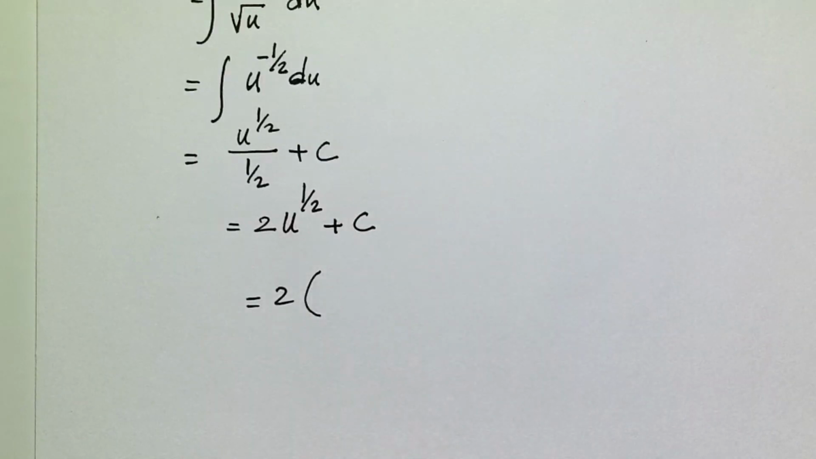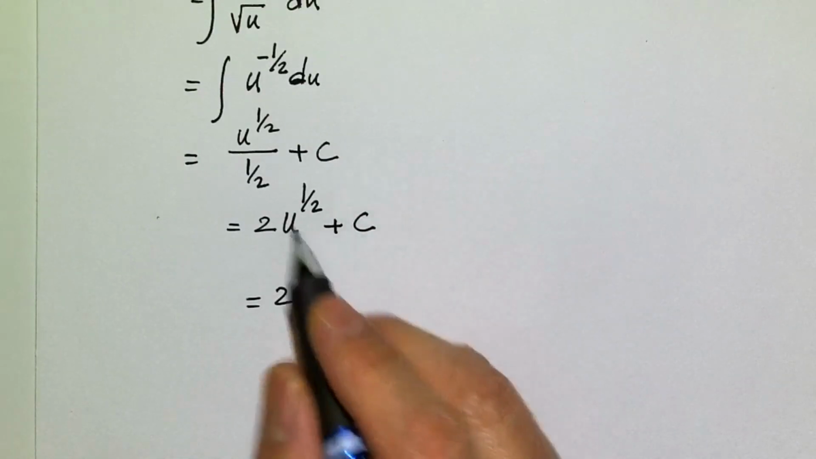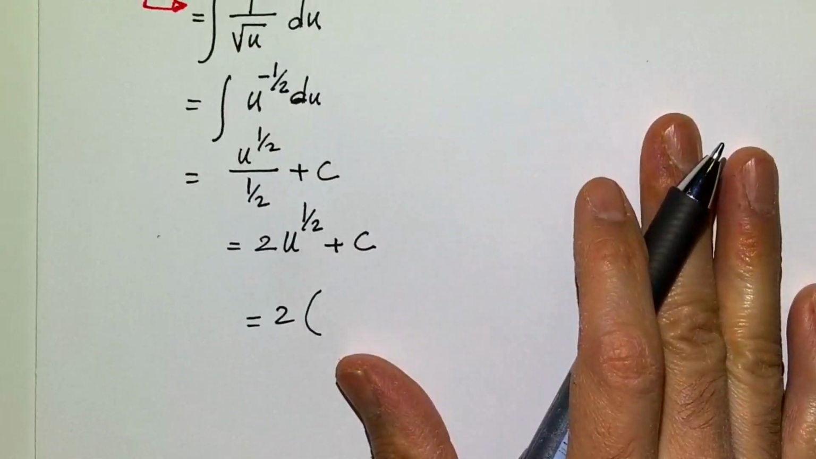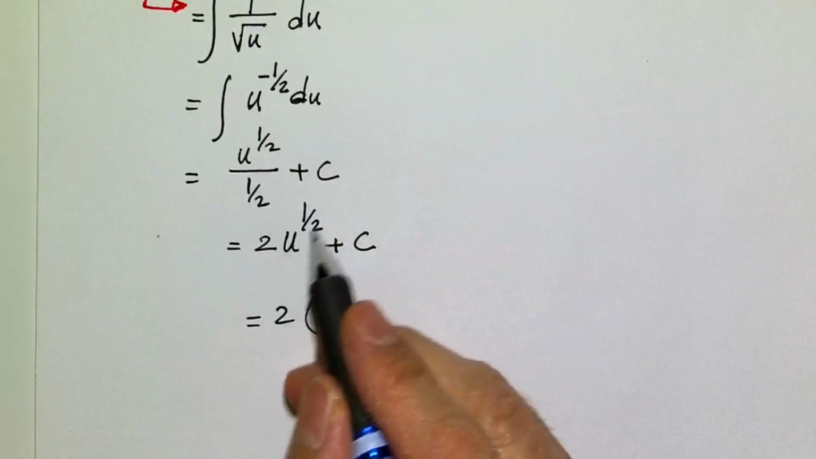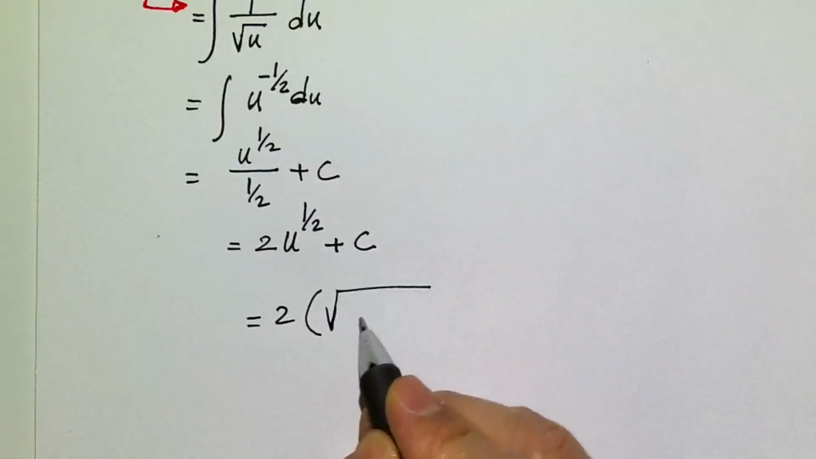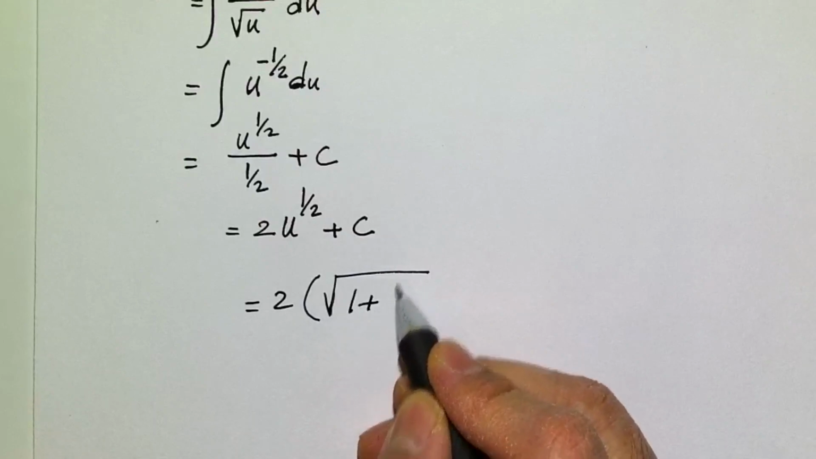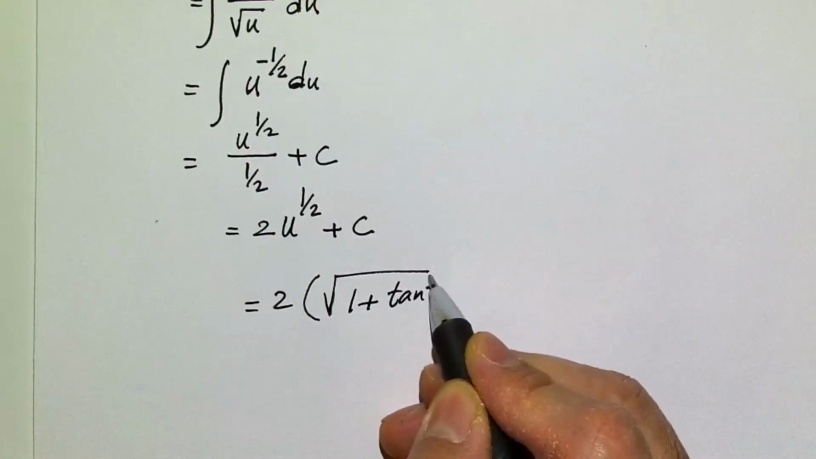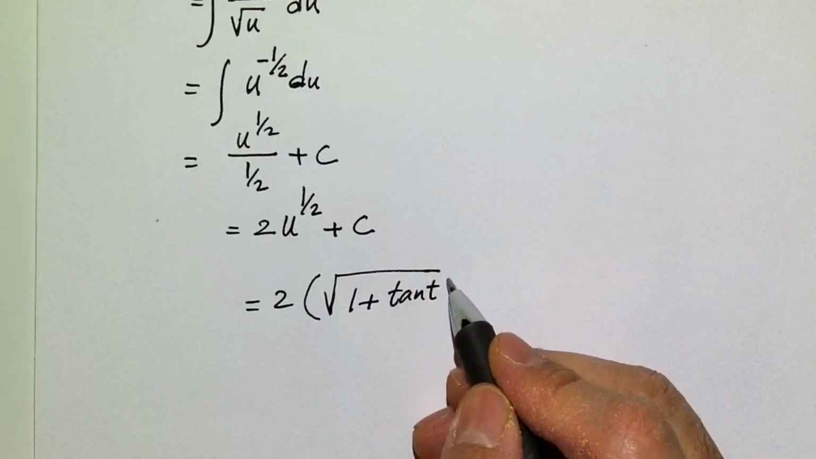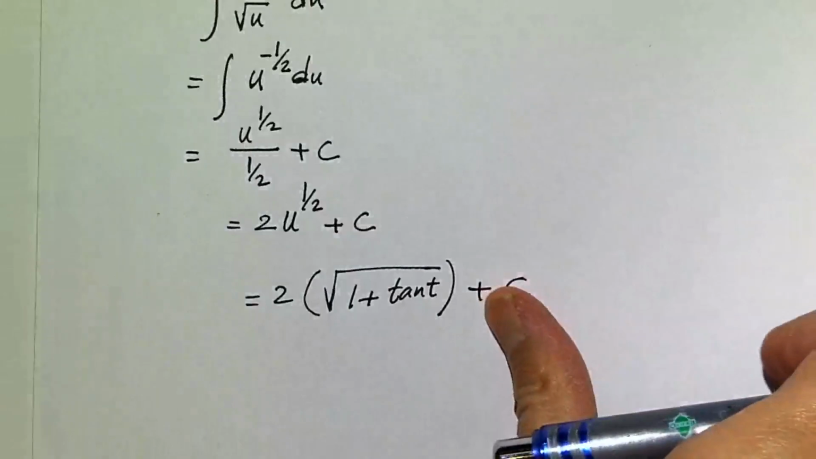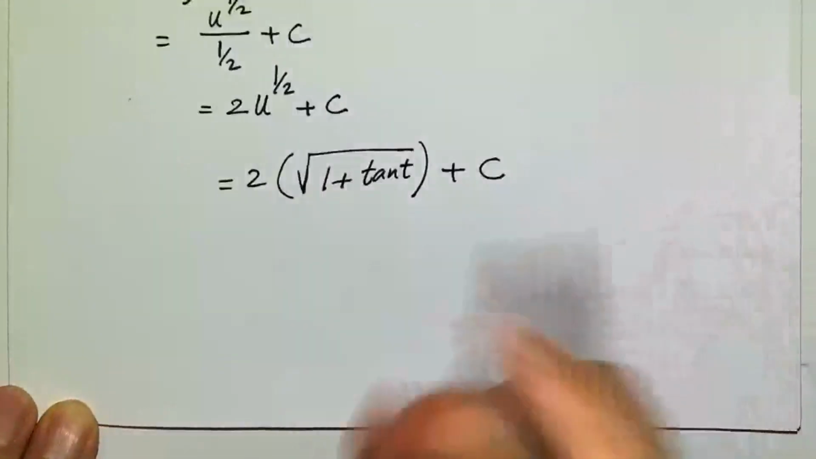2 times 1, and of course this is a square root, so the square root of 1 plus tangent t, plus c. I really didn't need the parentheses here, so let me, I know some of you might think, why